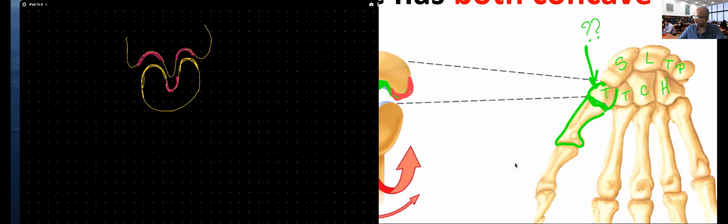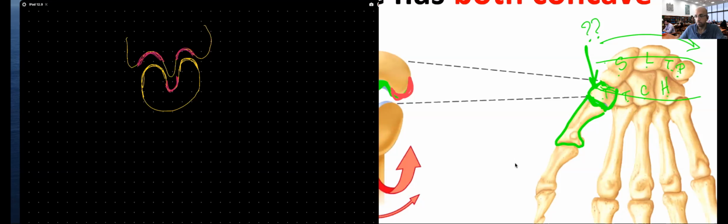Remember, we start from lateral to medial. We start with the proximal row, then we go to the distal row. So Sally left the party to take Kathy home. So what was this bone? Exactly, Theodore. This is the